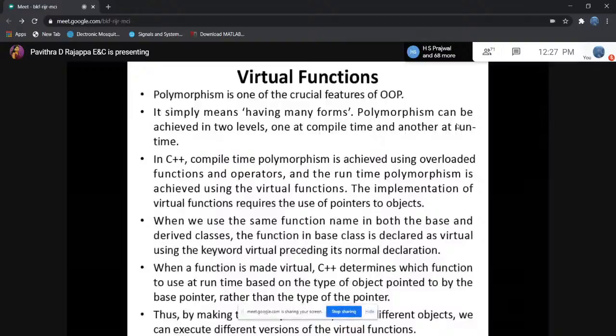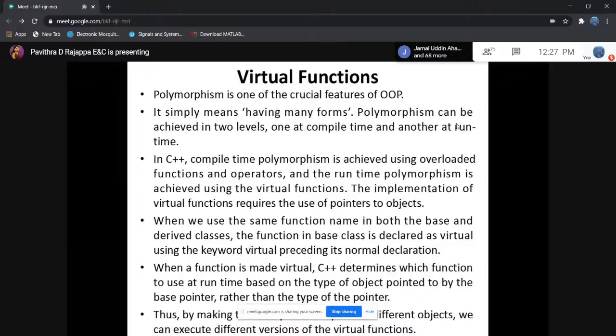When the function is made virtual, C++ determines which function to use at runtime, based on the type of the object pointed to by the base pointer rather than the type of the pointer.